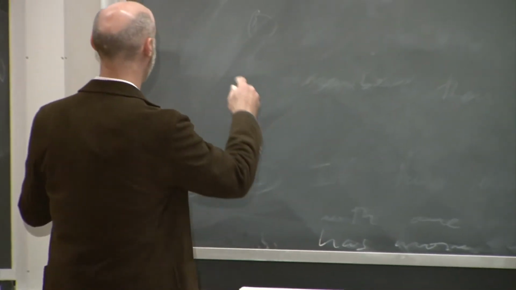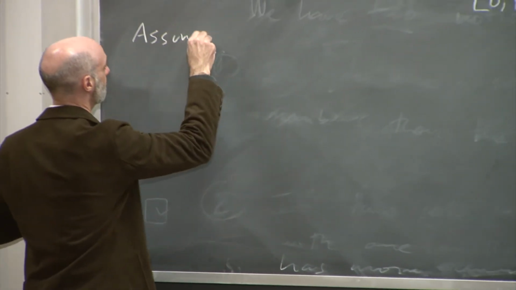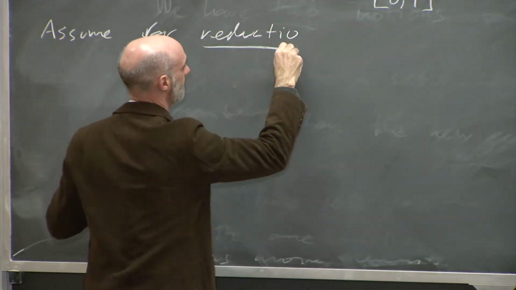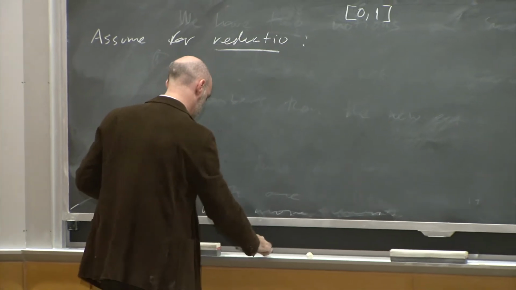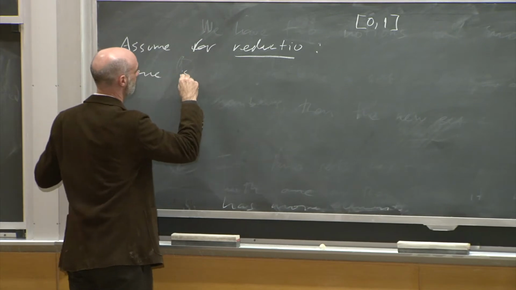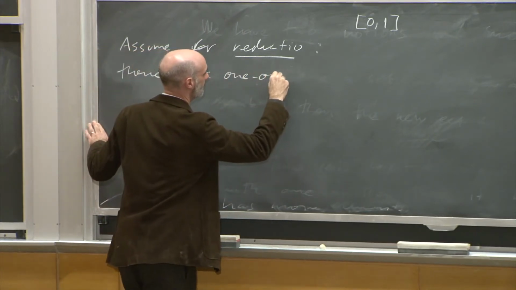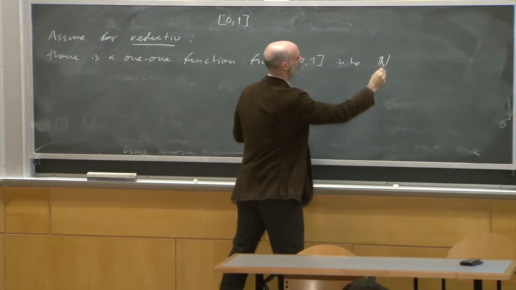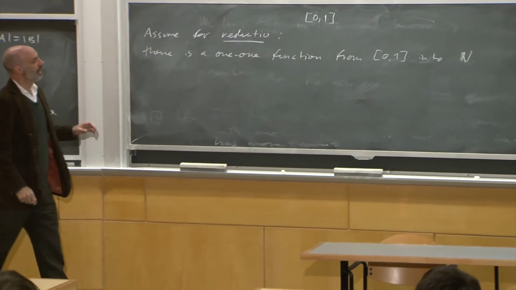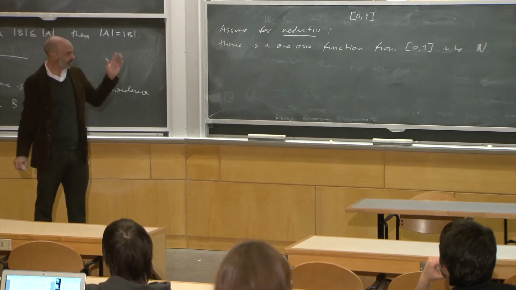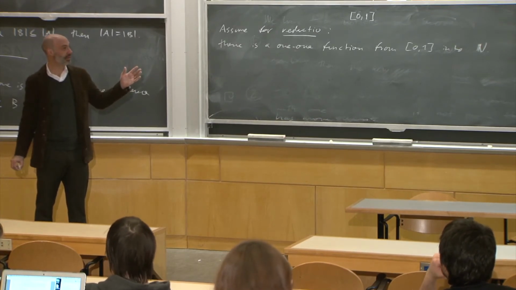So this is what I'm going to assume for reductio: that there is a 1, 1 function from the real numbers in 0, 1 into the